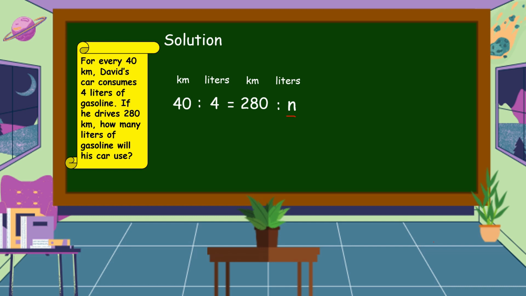Then we're going to multiply the extremes. 40 times n is equal to 40n. Then we're going to multiply also the means. 4 times 280 is equal to